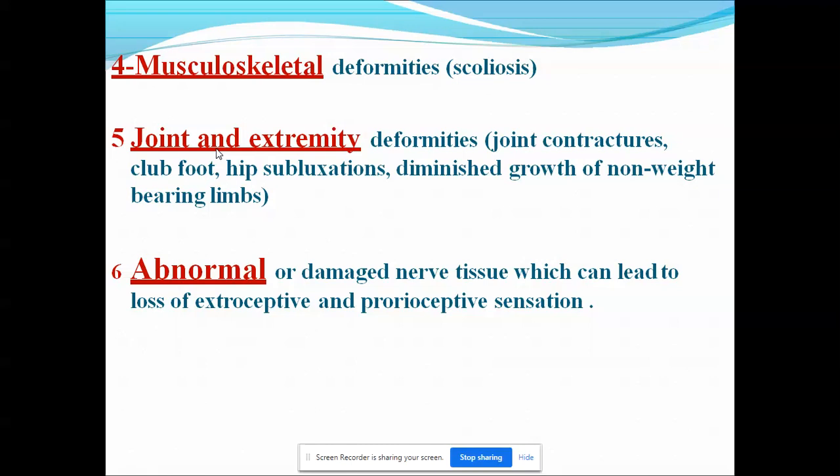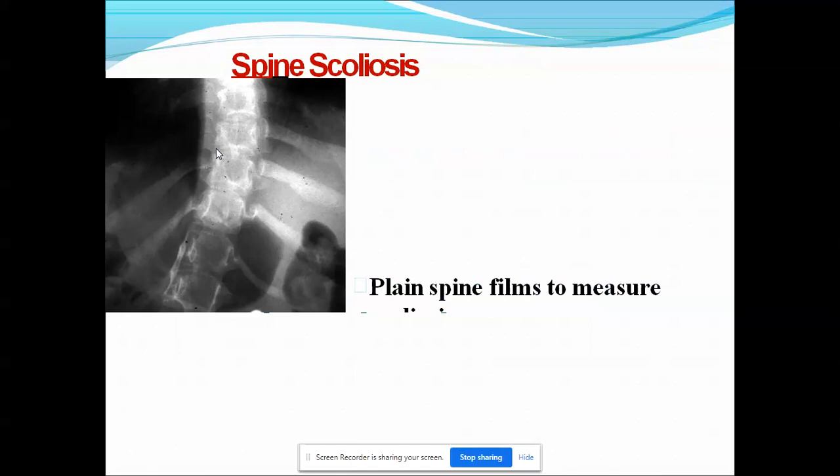We all know that your nerves give you sensation. They give kinesthesia and proprioception. But in case of spina bifida, we have already seen that there is a defect in the spinal cord. That means there will be a defect in the nerves passing through that region. So we will have loss of proprioception, loss of sensation, and loss of kinesthesia.